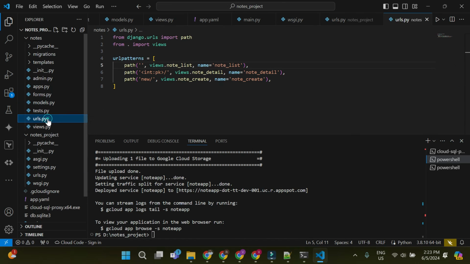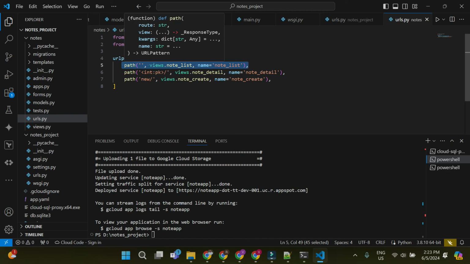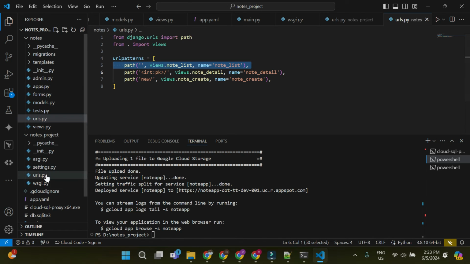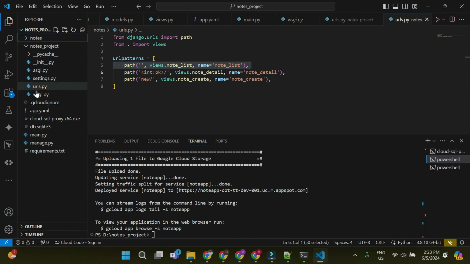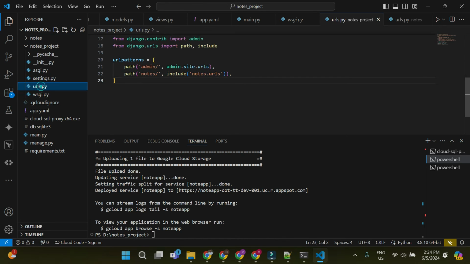In our urls.py, if we are on the root path, it goes to the node list, but it always follows your project settings. In our project settings, we have /nodes which includes the nodes URL. So instead of /nodes, I will just keep it blank. Okay, I will save it,